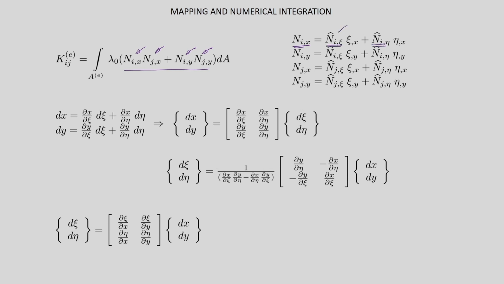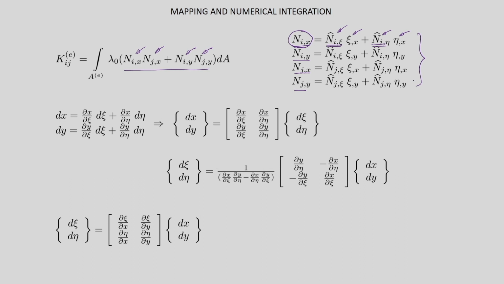So, this tells us ∂Ni/∂ξ · ∂ξ/∂x, ∂Ni/∂η · ∂η/∂x. So, that gives us Ni,x, that is ∂Ni/∂x. Likewise, we have calculated all the partial derivatives of Ni's and Nj's with respect to x and y from the derivatives of the hat functions, or Ni hats, in terms of ξ and η, alright.